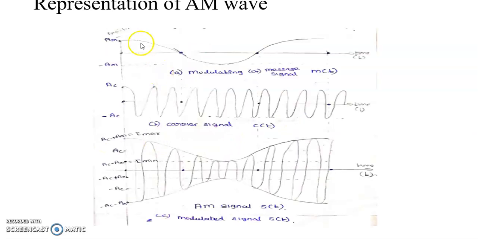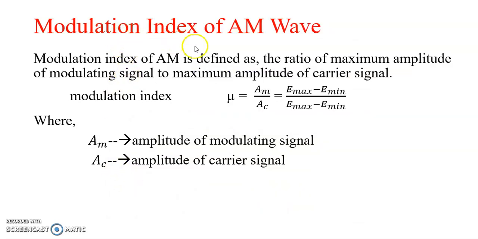And the representation, here you can see the first one is the modulating signal, a low frequency signal having amplitude Am, and the next one is the high frequency carrier signal having amplitude Ac, and the third one is the AM modulated signal. Here you can see this portion is the upper sideband. It is nothing but our message signal, and here it is a replica of the upper sideband, that is the lower sideband. Okay. Here you can see the maximum amplitude of the envelope is called Emax, that is equal to Ac plus Am, and the minimum amplitude will be Emin, that is equal to Ac minus Am, and this gives the modulation index of AM.